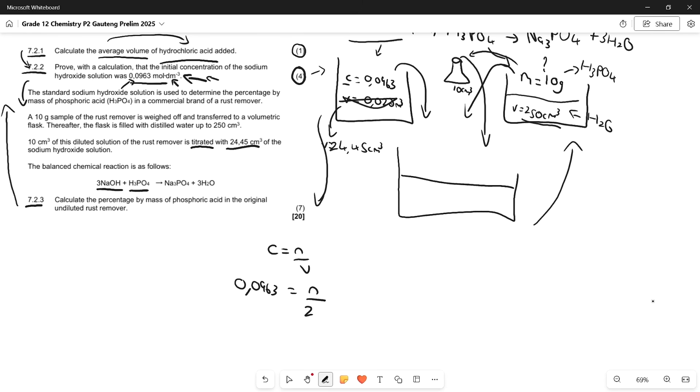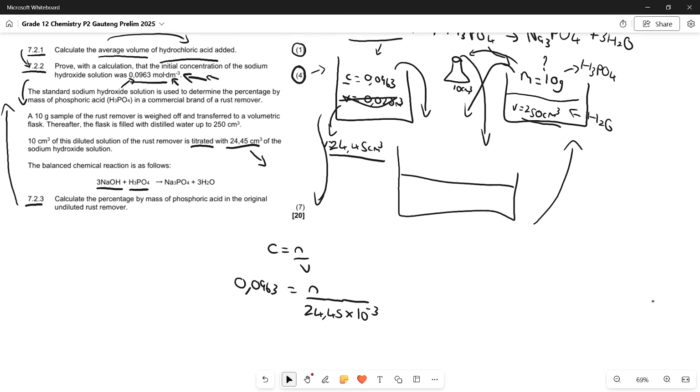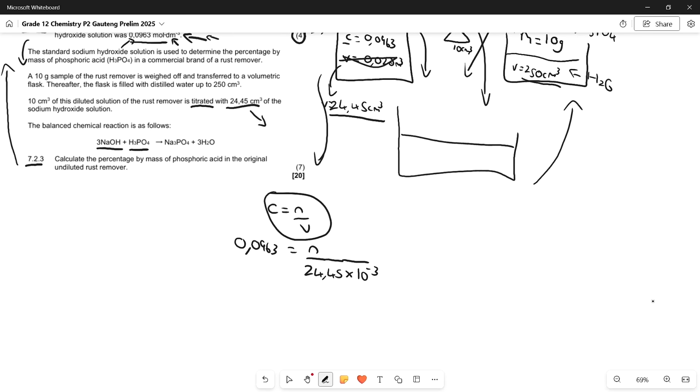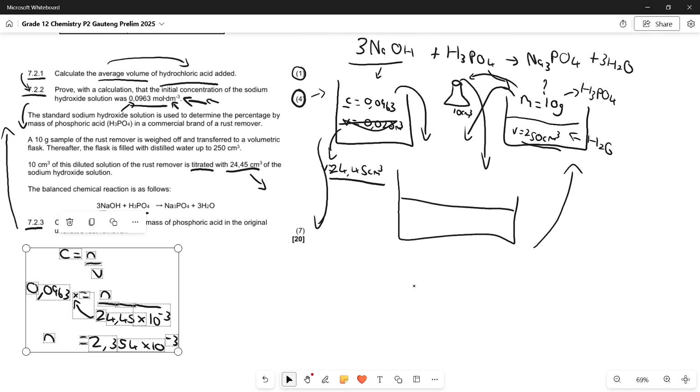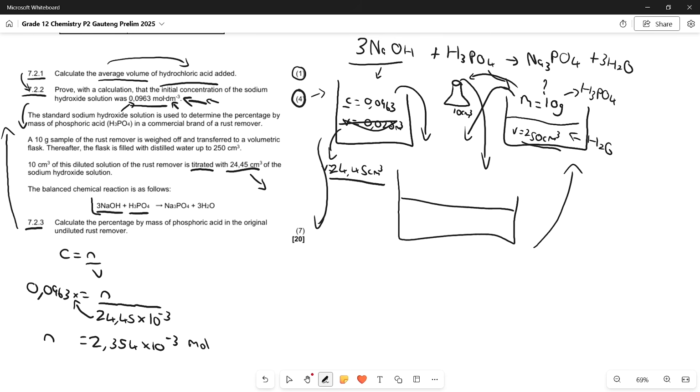So we can go ahead and write 24,45, but something to watch out for is that we can't use centimeters cubed over here. This has been given to us in centimeters cubed, which means we have to multiply it by 10 to the negative 3 in order to get it in decimeters cubed, which is what is required in this formula. So if we take this and multiply it, we'll get our moles by itself, and we'll get an answer of 2,354 times 10 to the negative 3, because at this stage we have calculated the amount of moles that was used in total from the NaOH over here,